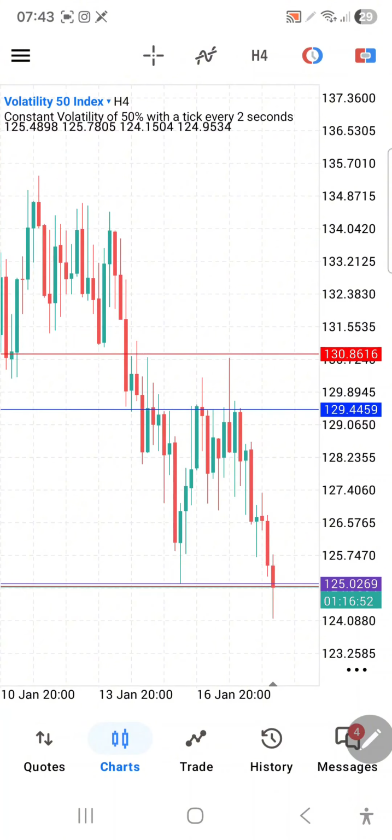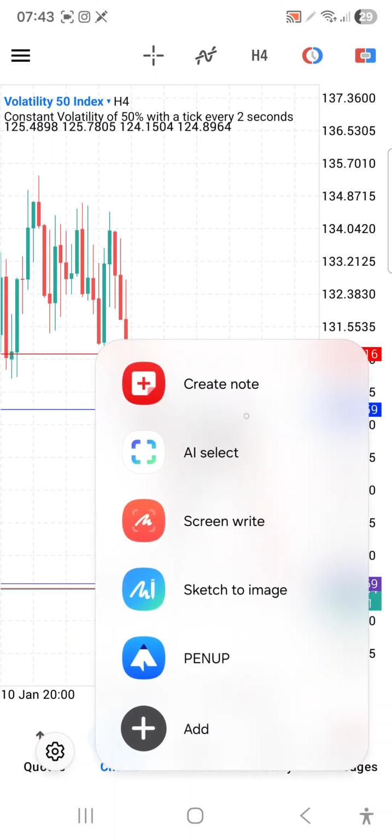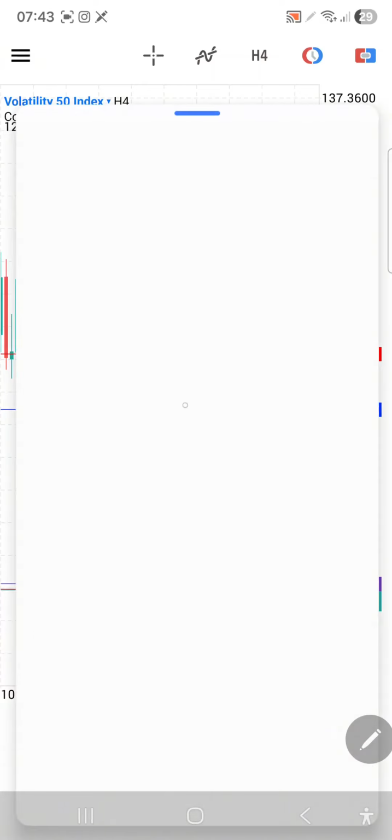This setup was on the 1 hour time frame. If you have been watching my videos, you already know my entry model, which is... for those that are watching this video for the first time,